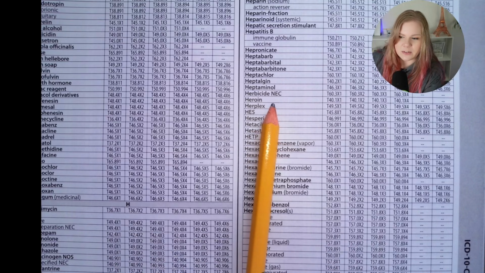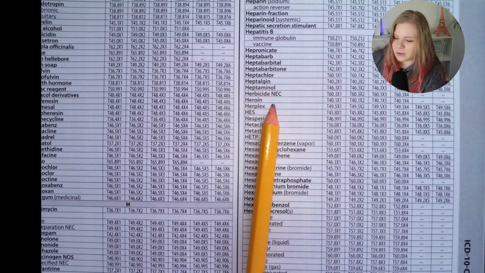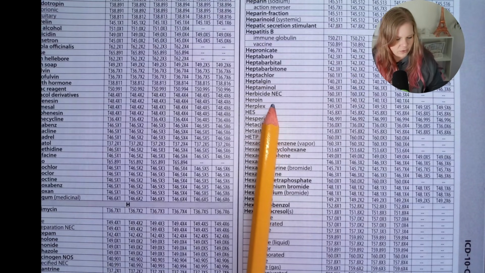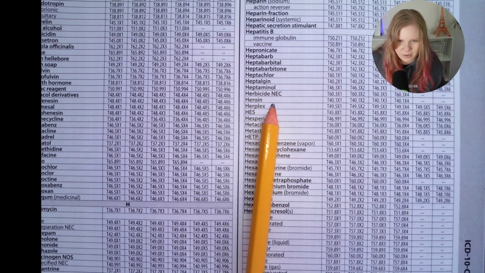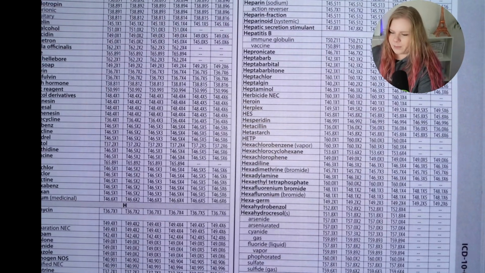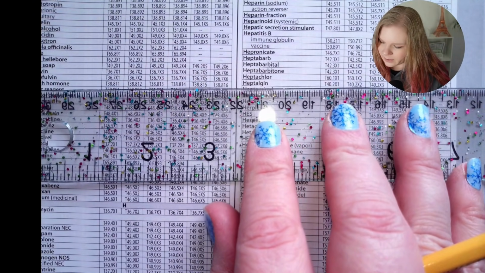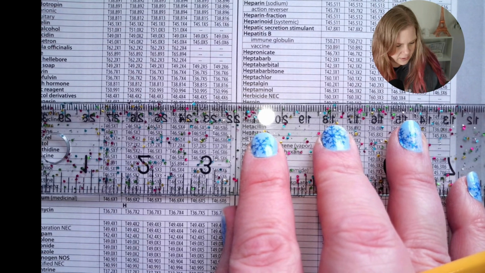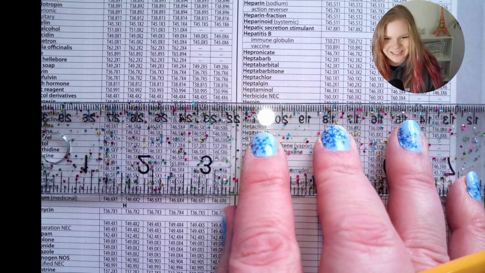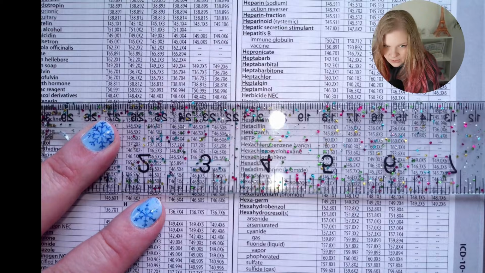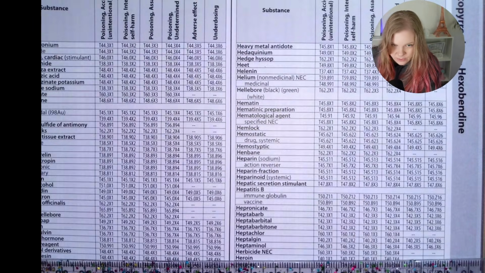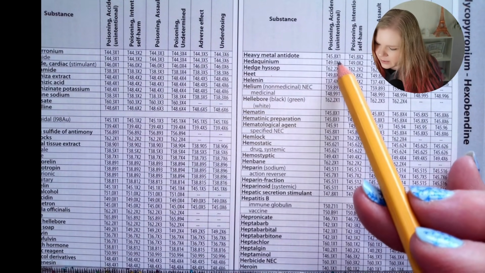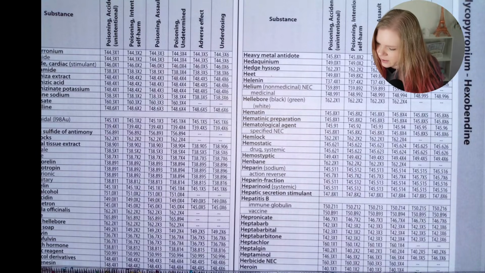So if they had given us a specific type of herbicide, we would maybe have a specific lookup for that. But this one, we have a generic code for it. I'm going to grab my ruler, and I should probably have my reading glasses too, because I'm getting to that age. But let's see here. Herbicide not otherwise classified, and this says it was an accidental poisoning. So we're going to follow our table, and I'll scoot this down so you can see. This is accidental, so poisoning accidental, and here we have